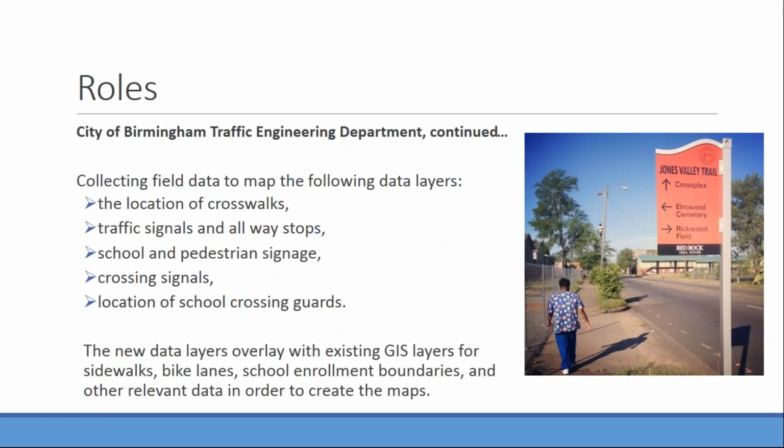The new data that is specifically being collected as part of this project includes the location of crosswalks, traffic signals, and all-way stops, school and pedestrian signage, crossing signals, and the location of school crossing guards. This was another interesting development of the project: we found that traffic engineering actually funds the placement of school crossing guards, even though the school district is responsible for hiring and maintaining the employment of the crossing guards. So this was a new relationship that actually progressed from this discussion,